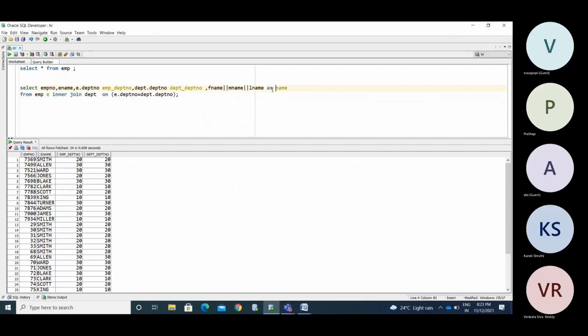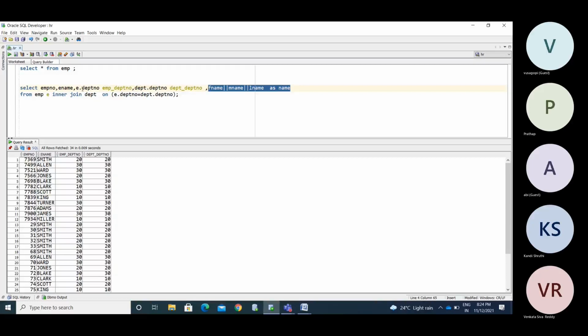AS is optional here; you can provide it or not, it won't matter. So you can give temporary alias names for columns and tables.